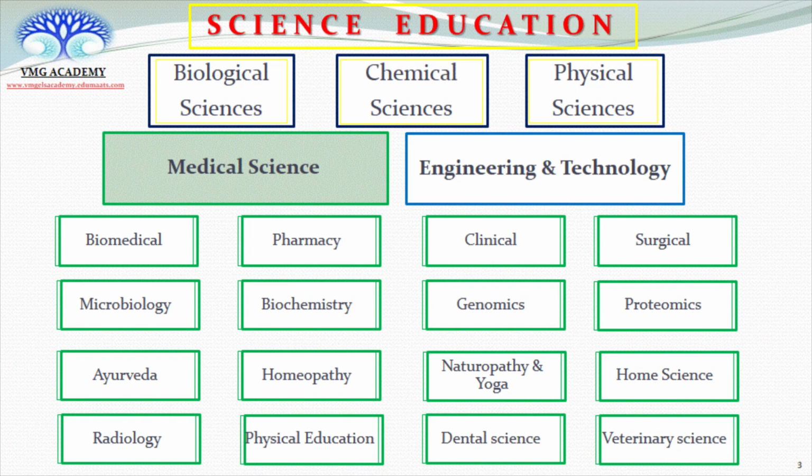Biological sciences deal with the study of living matter, whereas chemical sciences and physical sciences deal with the study of non-living matter. It doesn't end here. These disciplines can be integrated into 2 further broad areas of studies. One deals with the medical sciences and the second deals with engineering and technology. Medical sciences is basically an integration of the biological and chemical sciences, which blends the study of the living matter and the behavior of the non-living matter, which is similar to the way living matter behaves.